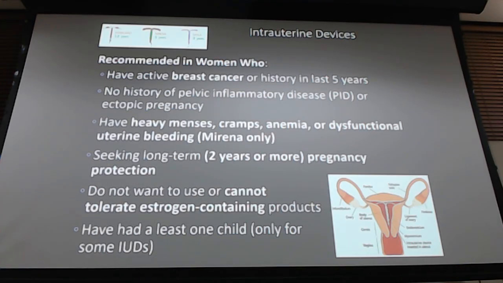This is your IUD, or your intrauterine devices. These are going to be those T-shaped devices that we have recommended in women who have a history of breast cancer. If they're far removed from it, not within the 5 years, then we can go ahead and we're not worried about their breast cancer history at that point for this medication. Make sure that you're also looking at a patient who doesn't have any type of underlying diseases or any type of